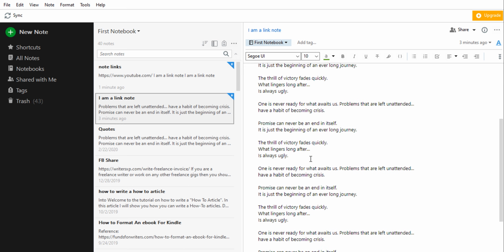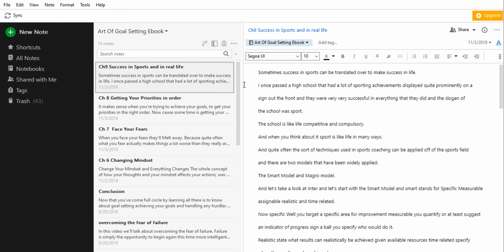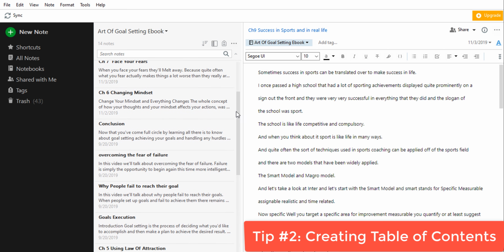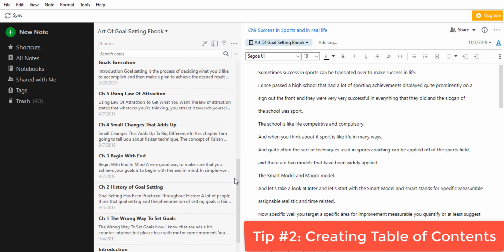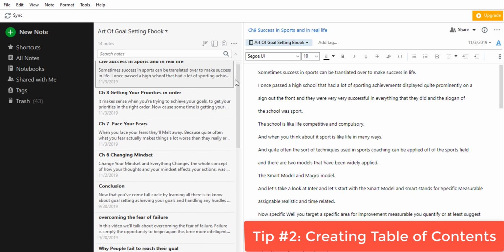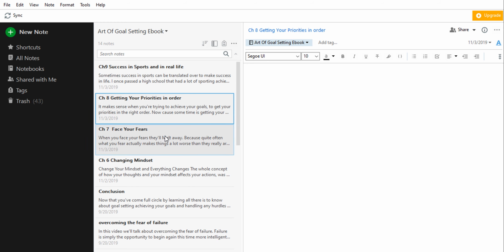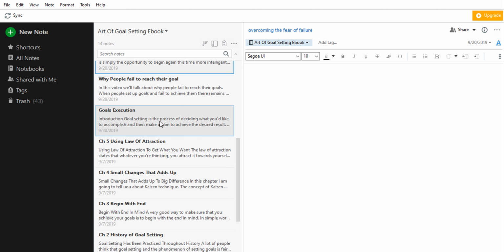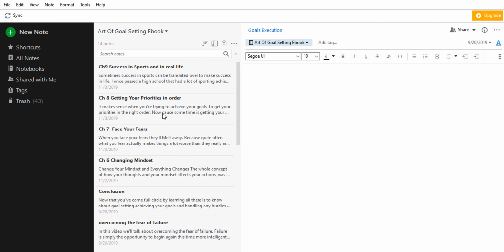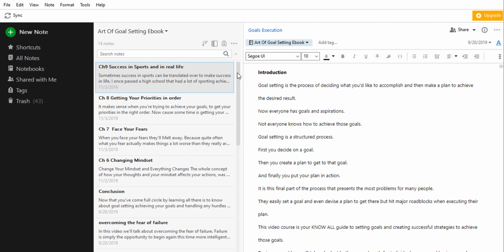Now let's move a step further, and that's tip number 2 for you. Using the same note link feature, you can create a table of contents. This is useful if you want to create a summary of a number of notes within a single note. I mostly use this feature for creating and organizing my ebook. As you can see, I have created a separate note for each of my chapters. So, creating a table of contents makes it easier for me to navigate between chapters that I have in my